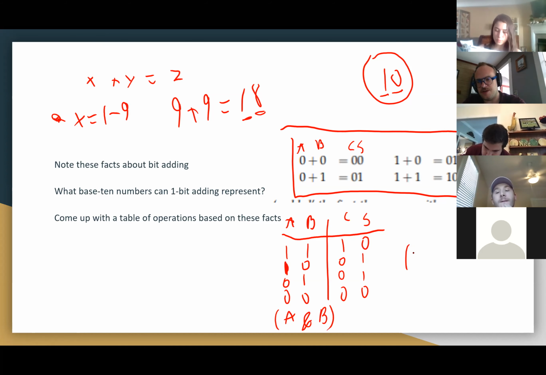So it's the one where A is negated, and then you have B disjunct. And then